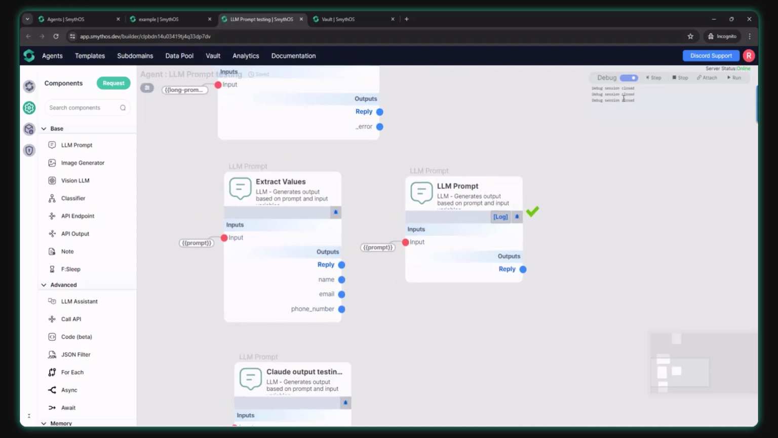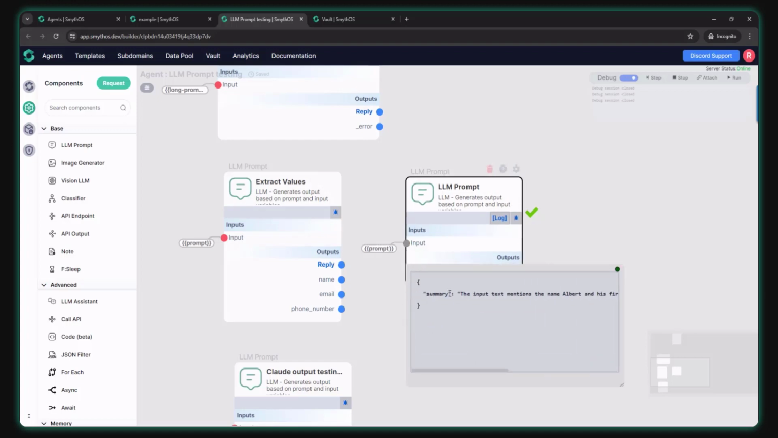So what's the advantage of creating new outputs? In this case, you see that we have a JSON format in our output. By default, SmithOS handles JSON format, it's the structure that SmithOS uses. And in this case, we just have a key called summary, and in the value, the summary of the input. But what if I need